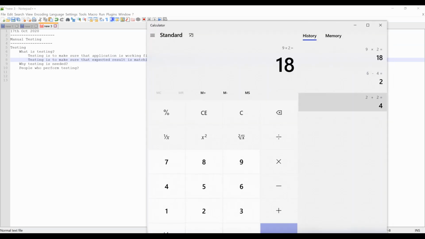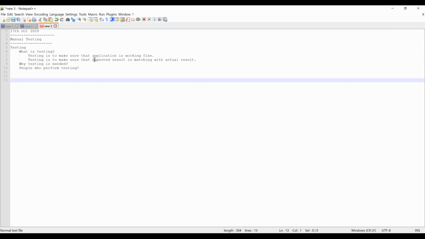When I am pressing 2 plus 2, I'm expecting that 4 should come. In my mind, I already have that 4 should come. When I am practically doing it, if I am getting 4, this is my actual result. So whatever I have in my mind is expected. Whatever I'm physically getting on the application is actual. So you are comparing the expected result and the actual result. That is also called testing, right?